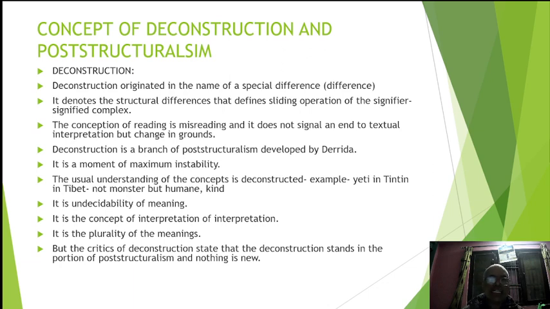The usual understanding of the concept is deconstructed, right? For example, Yeti in Tintin in Tibet. Tintin in Tibet is a novel. And in the novel, a plane crash takes place. When the plane crashes, there is Chang Chong Chen, a character, a friend of Tintin, in the Himalaya mountains, and it is informed that he is dead. And Tintin goes there, and he has a telepathic communication. He goes there and finds and believes that